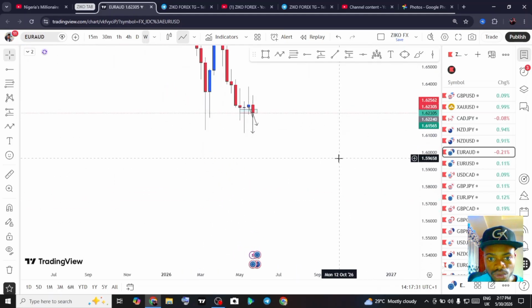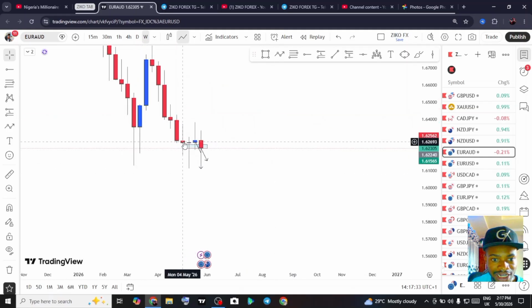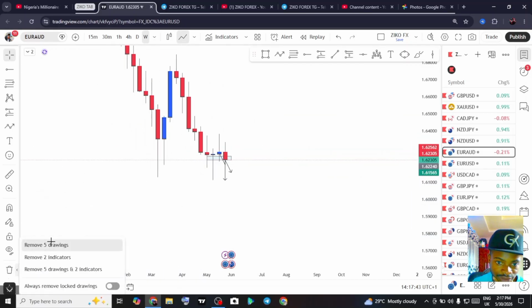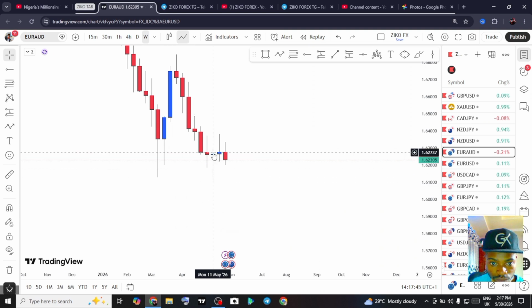Now, if you notice from this week, from these last 3 weeks, we can see the color of the candle, but you can barely see it. You can see that they are all dojis, right? Let me just show you guys. You can see that they are all dojis. These three are all dojis. That shows that for the last 3 weeks,